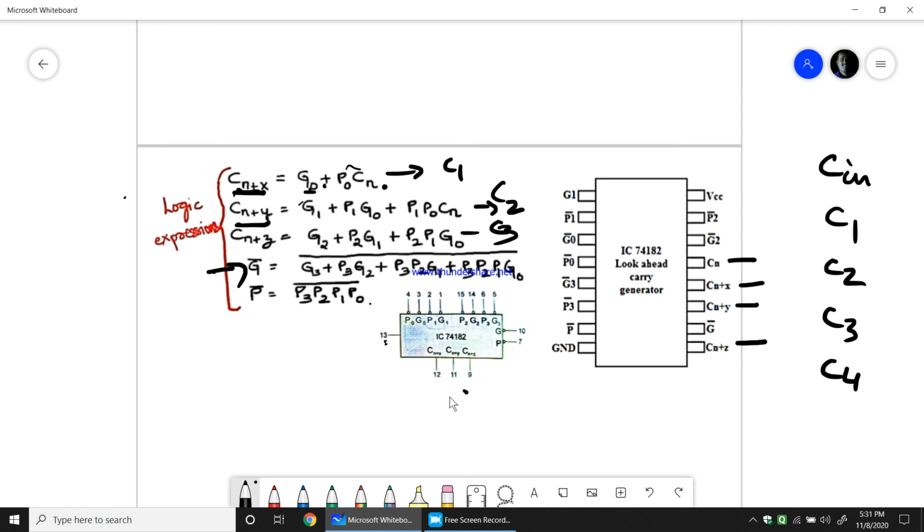So this is the carry look ahead generator or look ahead carry generator or look ahead carry adder. All these names are given to the same technique. I hope you are clear and have understood the purpose of the look ahead carry adder design. To avoid the carry propagation delay that we get in the parallel adder and full adder, we design this look ahead carry adder.